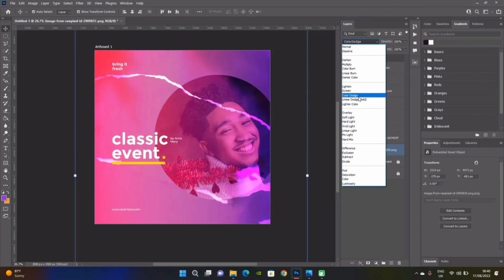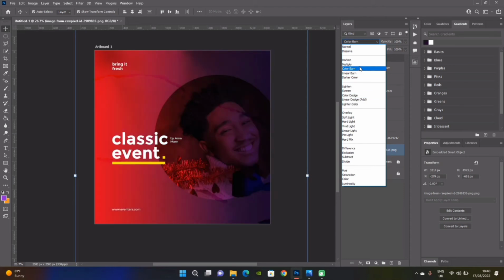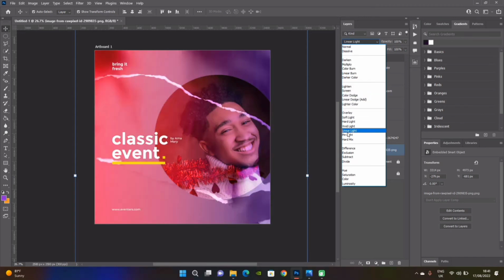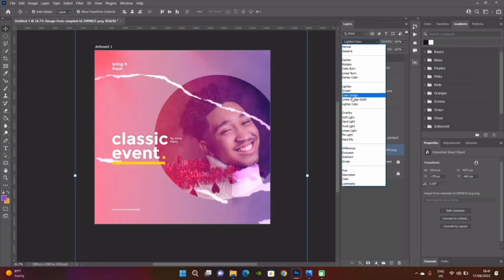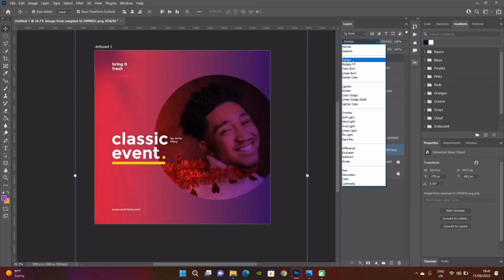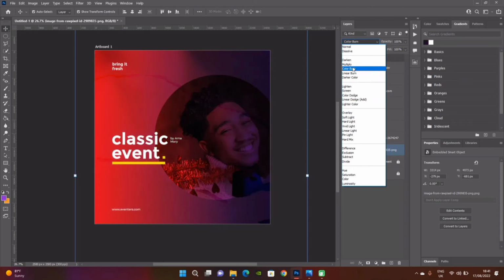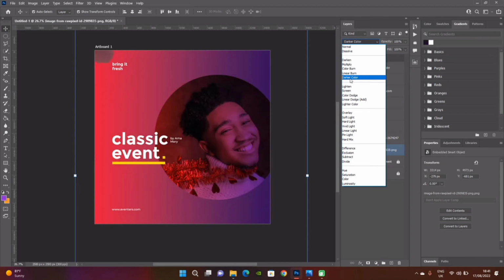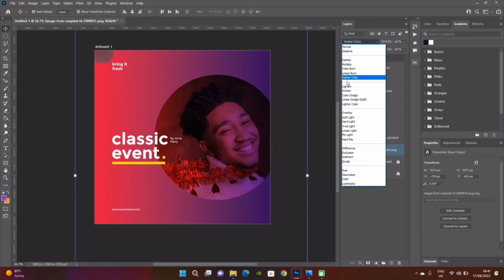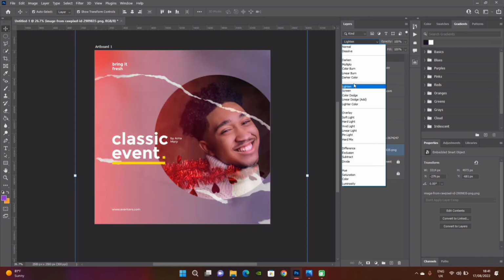You see, this time around I think linear burn also does a good job, but maybe you can find others that would actually do a better job. Okay, but I think I still prefer linear burn again. Yeah, so you can do multiply, you can do so many effects. But you can see the whiter images work better with the darken blend modes. These ones that are under darken blend modes, they work better. But any image that has probably a dark background, when I bring it into this design, it will work better